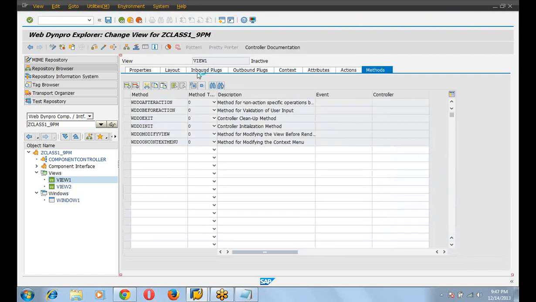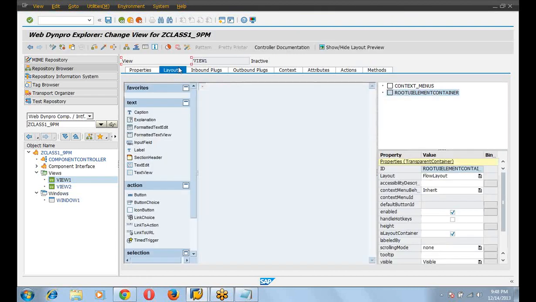Now come to the layout part. What we want to do is create a button here. After clicking on that button, we want to move from the first view to another view. It means we want to move from view 1 to view 2.